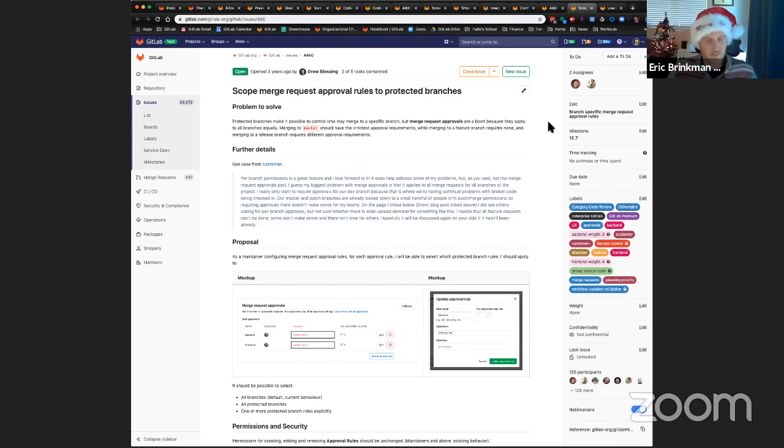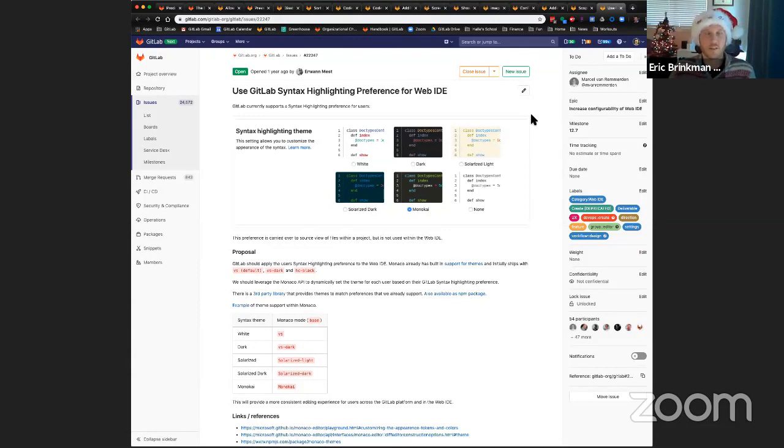And last but not least, in the create stage, I'm very excited to announce the work for our editor team who owns our web IDE. We've heard feedback that people love using the GitLab web IDE, but it can be a bit blinding because it uses a white background. In 12.7, the editor team is going to spike into what it will take to have the web IDE support your syntax highlighting preference that exists inside of GitLab, which will allow you to create an experience that works for you, whether you want a white background or something a little bit darker to emulate that dark mode experience that we all know and love.